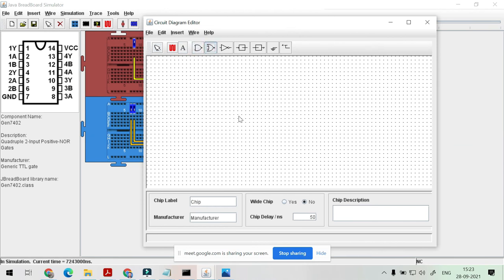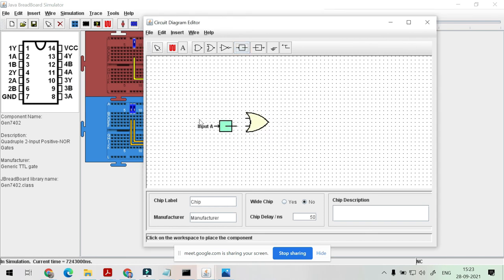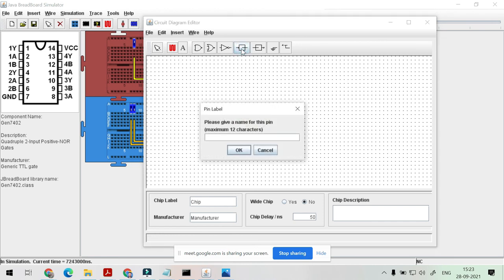See, after clicking here, this is our gate, and using this, that is input E. So likewise you can see, you can draw all the circuit.